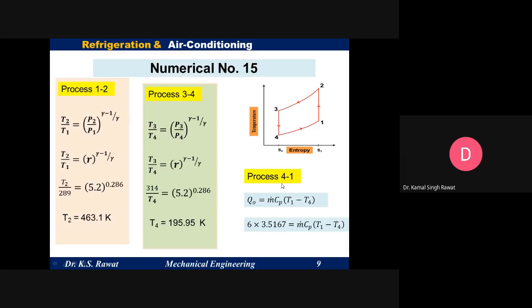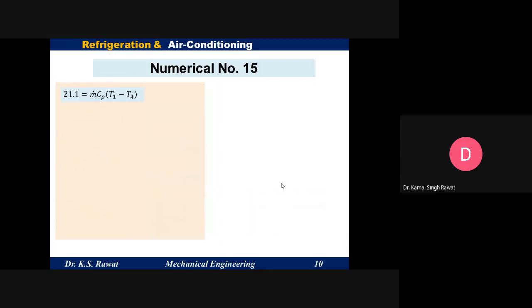So we have the value of Cp and we have the value of T1 and T4. So let's put the values and tell me the value of m dot. Sir, 0.225 kilowatt. Kilowatt no, beta, kg per second. We are calculating the mass flow rate. Okay, so the mass flow rate is 0.226 kg per second.